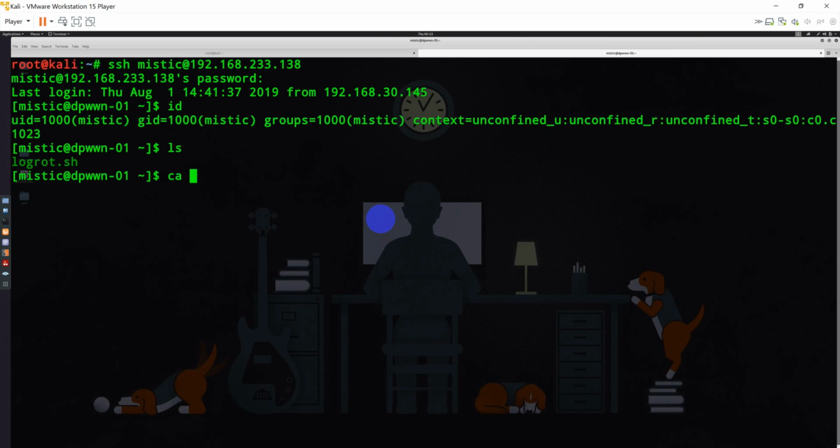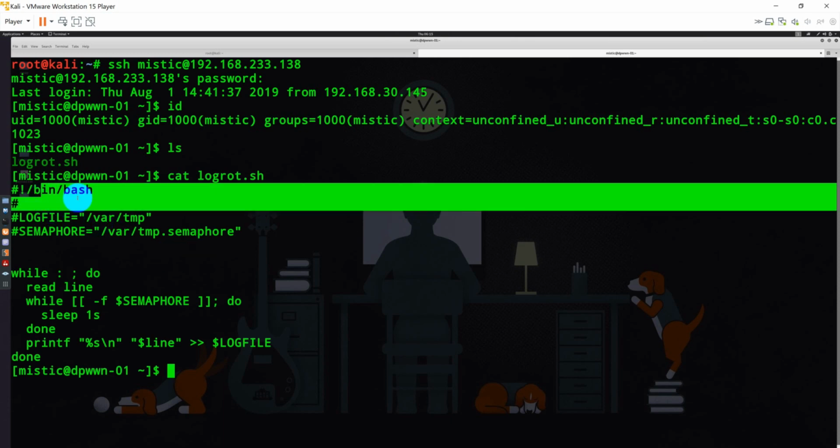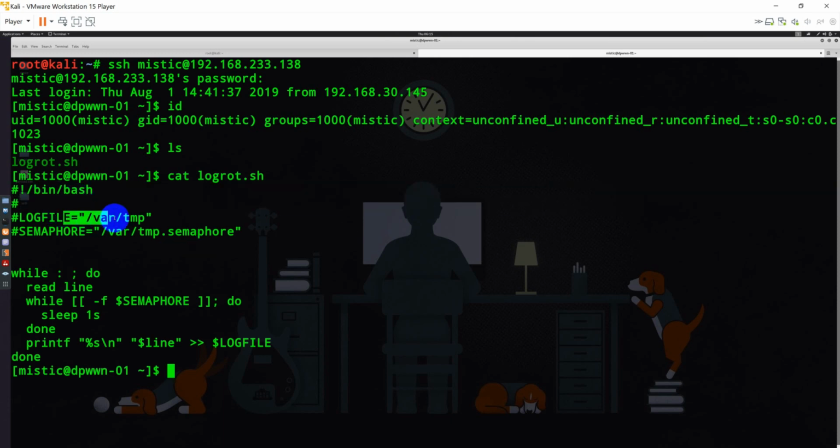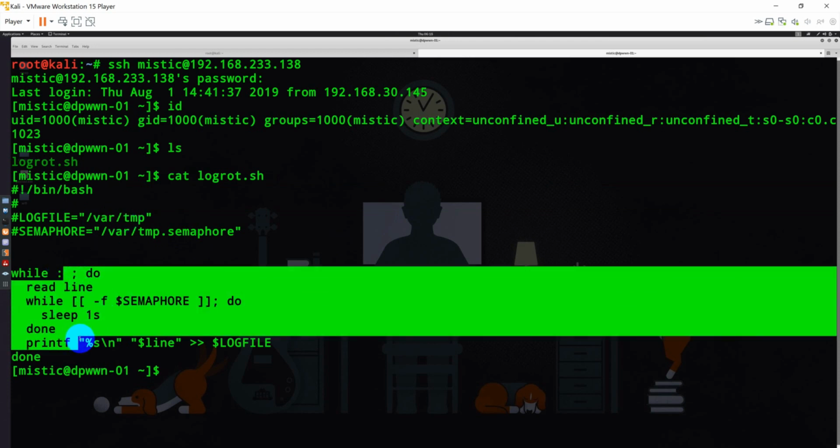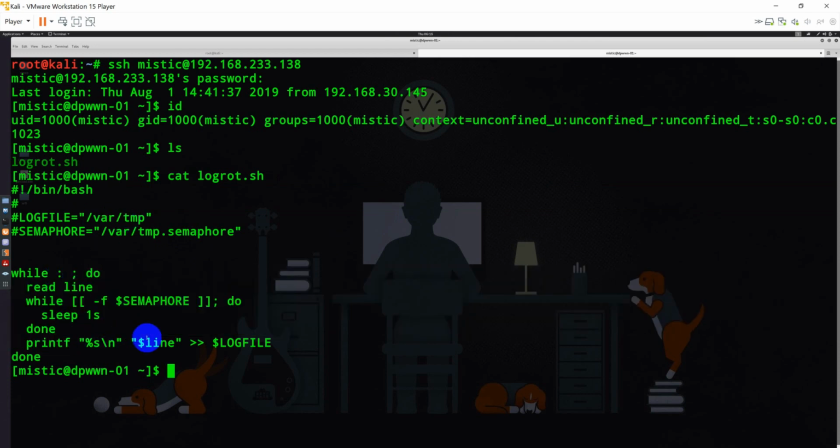If you open it, it says bin bash and log file. It is taking, I think, from a var temp file, and there is one specific small script that is written for printing the log file content, I guess. Now whenever you see something like a shell file is already there, then you get an idea that there must be something to do with modification, right? So let's go ahead and see what tasks are scheduled already.